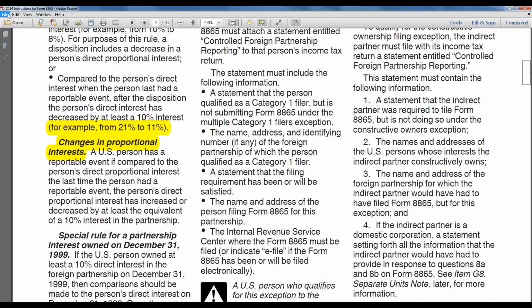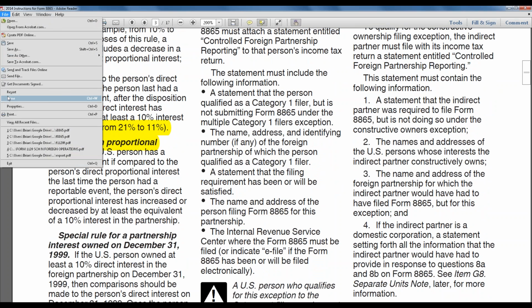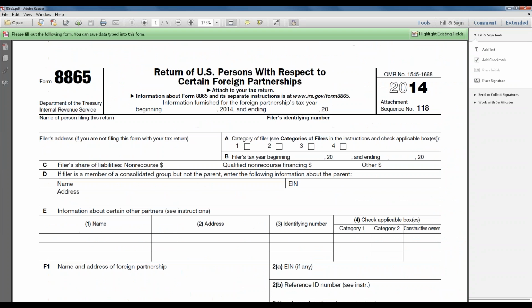So with that overview, we're going to get to the actual form, which is right back here. We're not going to save this out. As you may recognize, some of this is from the Form 5471, but this is really partnership tax law. This is the non-recourse versus recourse debt. If you follow the IRS on this topic, it's been to the Supreme Court a lot of times. This is a special type of financing,